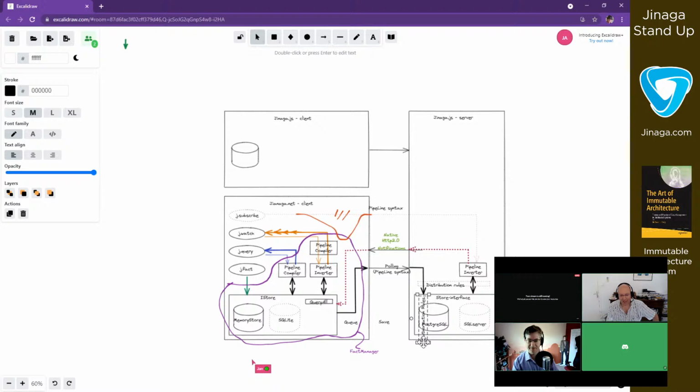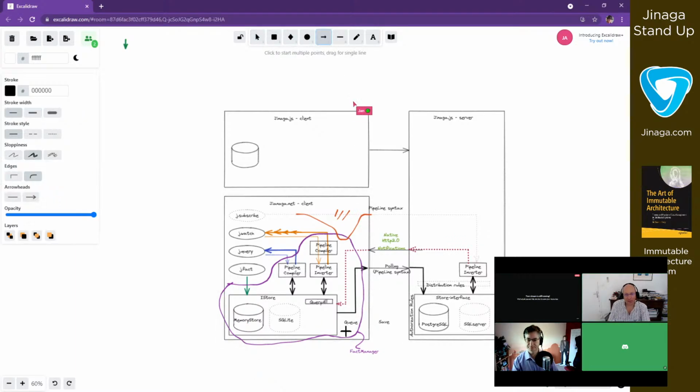Something like that. We could just take an arrow here. Yeah, go ahead. Goes from there all the way, so like this. Yep. Okay.